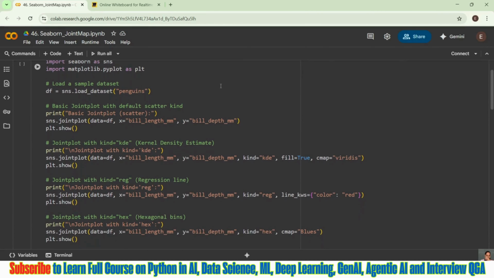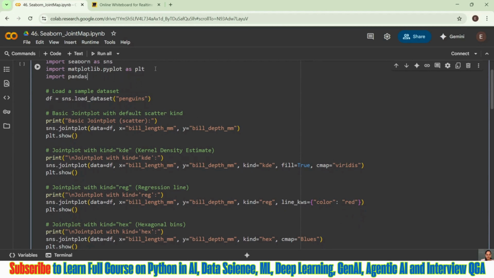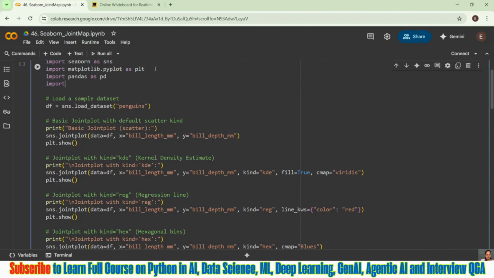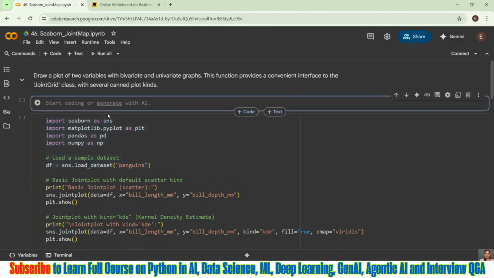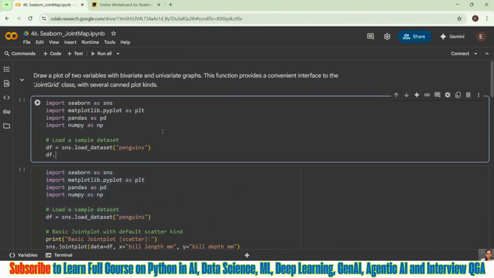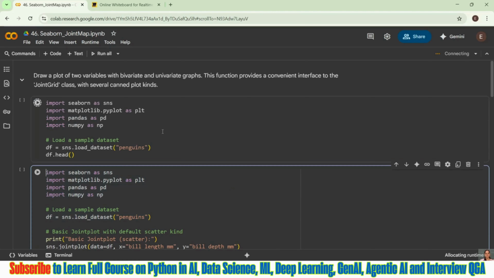So let us start with our concept. We import pandas as pd, import numpy as np. So guys, I've taken the penguins data set here. Let me show the head of it. This is a Seaborn library. I have shown you how to get Seaborn datasets, right? We need to type get dataset names. We will get all the names, and there you should be able to see the dataset named penguins.